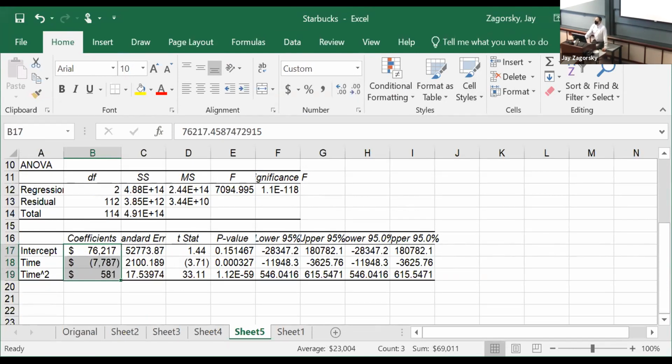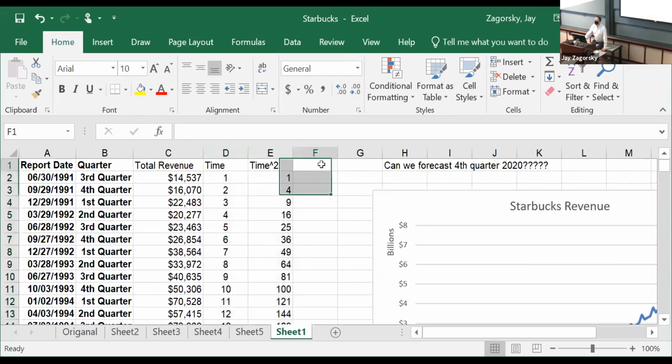So I was hoping we could do a prediction right now, but I only have 3 minutes left. So now what I want to do is show you, how do we handle COVID? We go back to the sheet and we create something called a COVID dummy. What's the COVID dummy? Let's put a 0 everywhere by just autofilling 0.